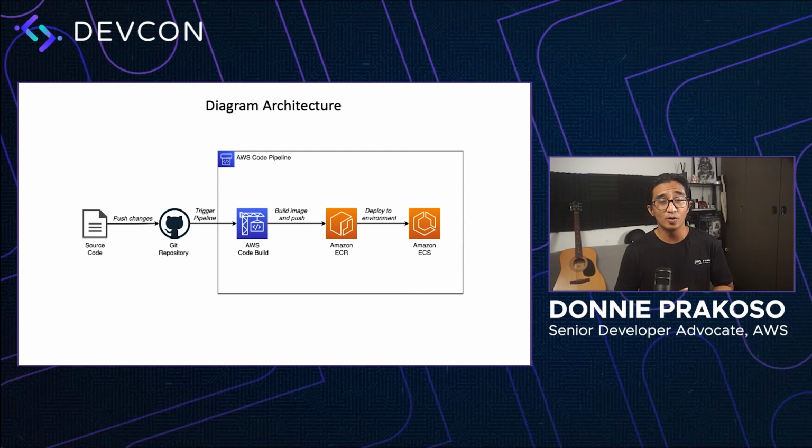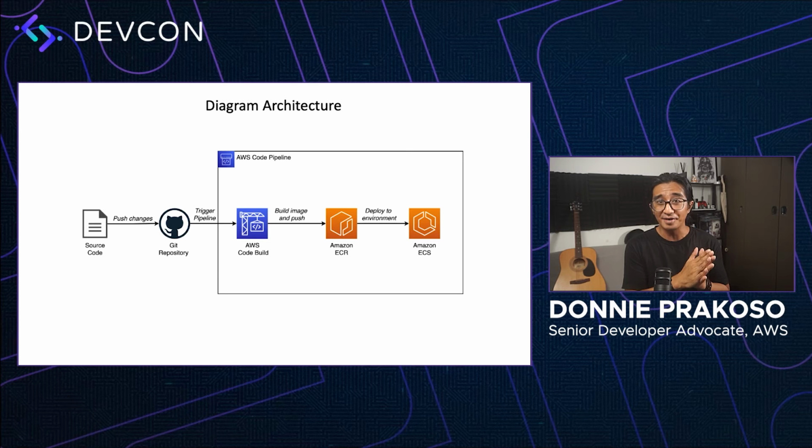In the previous demo, we learned how we can use AWS Copilot to deploy our application. Now, when it comes to modern applications, one of the best practices is to implement CI/CD as early as you can. And CI/CD gives you benefits in the long run, as it will increase your development velocity. So in the next demo, we're going to build a release pipeline. So whenever we push our changes into our Git repository, it will automatically build the image, push the container image to the repository, and deploy to a specific environment in Amazon ECS and AWS Fargate.